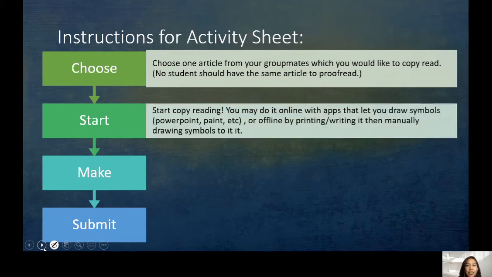Then, start copy reading. You may do it online with apps that let you draw symbols like PowerPoint, Paint, or offline by printing it or writing it, then manually drawing symbols to it. May mga tinuro akong symbols kanina as to how you should copy read. So, you have to follow that. Okay, you have to follow that. And you edit the file itself. It's up to you kung gusto nyo online yung gagamit kayo ng app or maybe